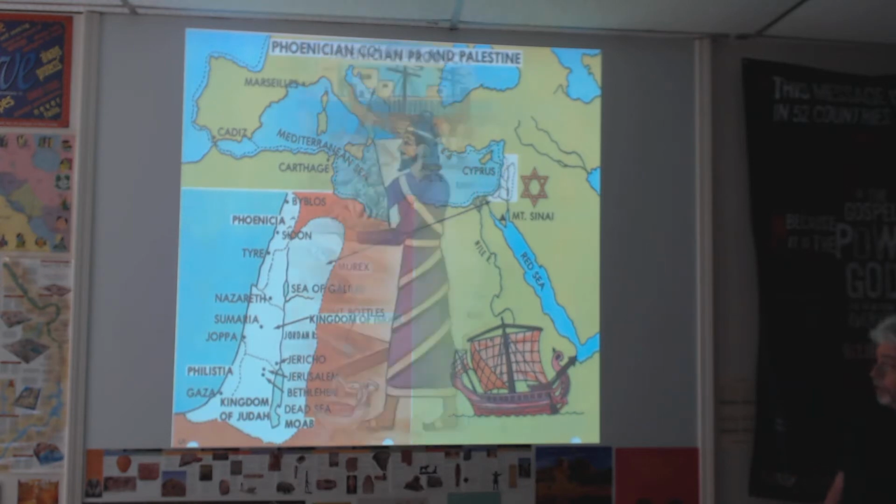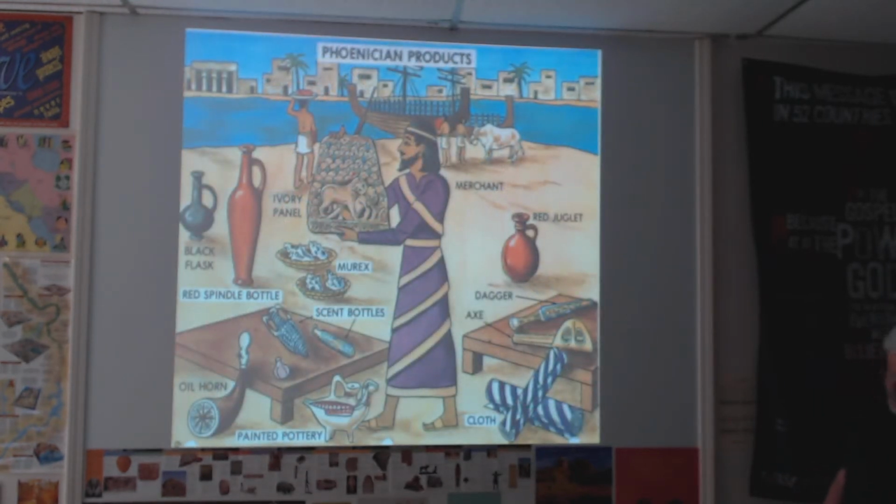So that was one of their items that they would sell. Some of the other items that they would sell, and in addition to this natural resource,